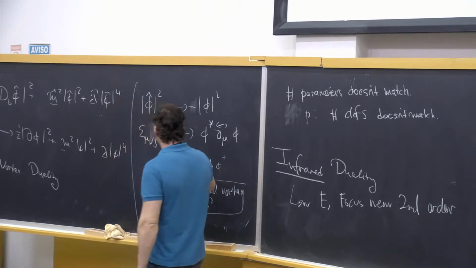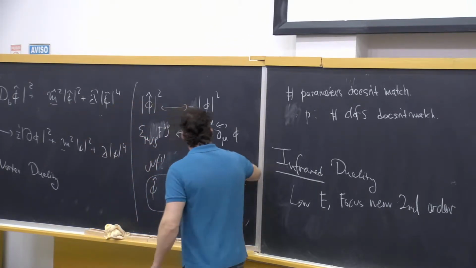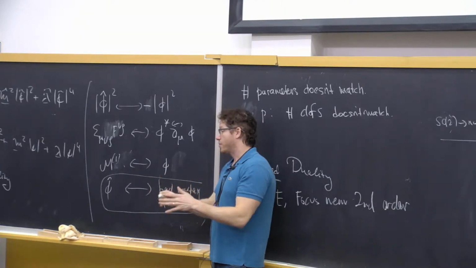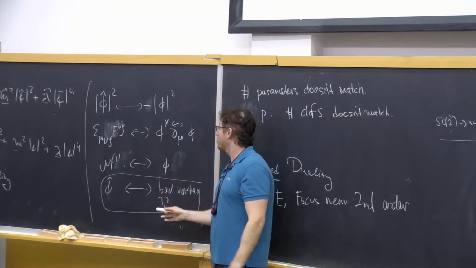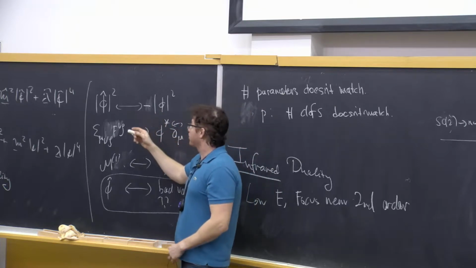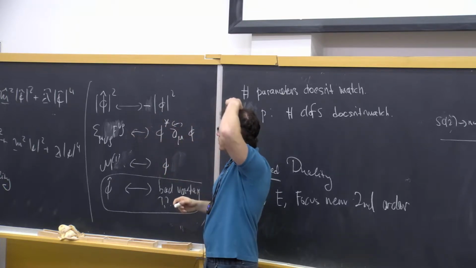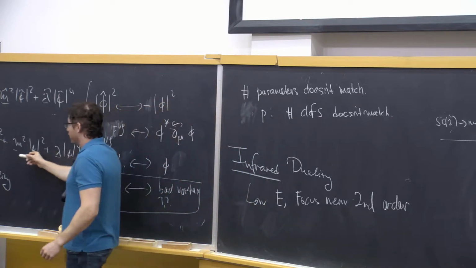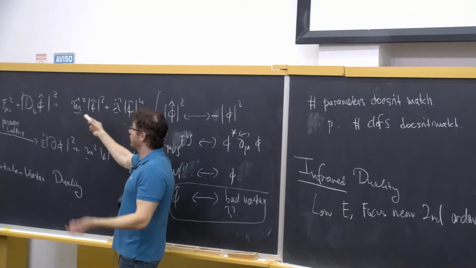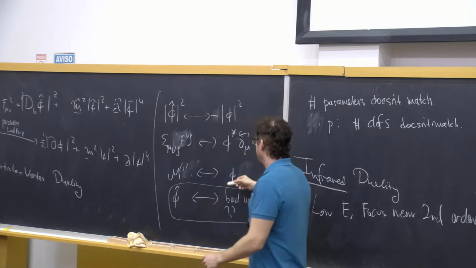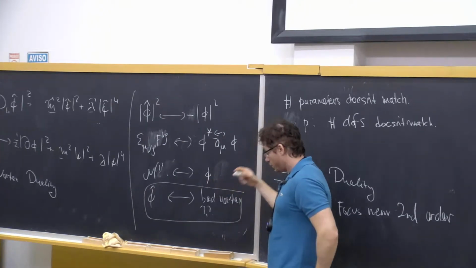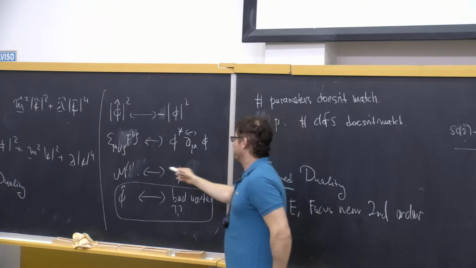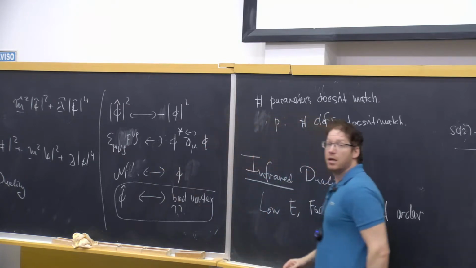So when we write this map, what we mean is that in the conformal field theory, there is a well-defined set of primary operators, abstract primary operators. So one abstract primary operator is SO(2) invariant, or O(2) invariant. So on this side of the duality, phi squared goes to it, and on the other side, minus phi hat squared. And this is another primary operator, which is in the doublet representation of SO(2). So, okay. Any other questions?